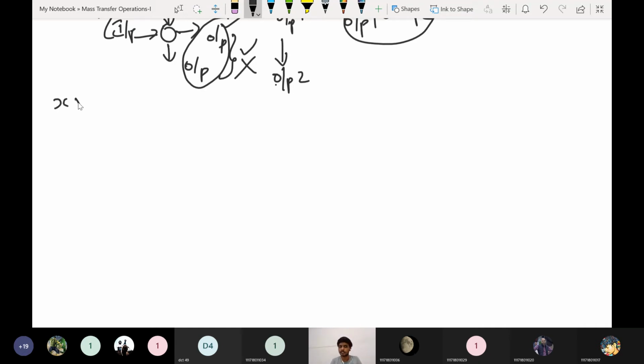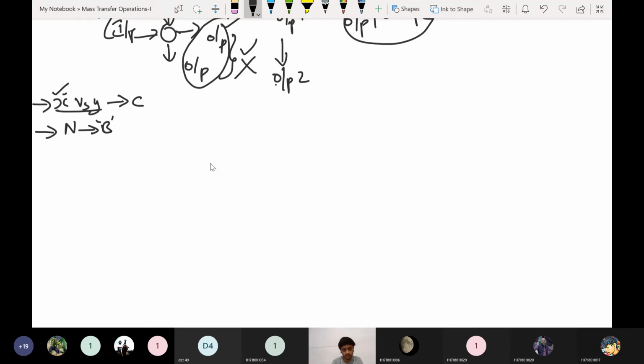Equilibrium data is X versus Y data that they have to give. For distillation, this equilibrium data is enough. But here they have to give one more piece of data, N also. N is nothing but accountability by the B. So X and Y is the accountability for the solute, and N is the accountability for the inert solids.